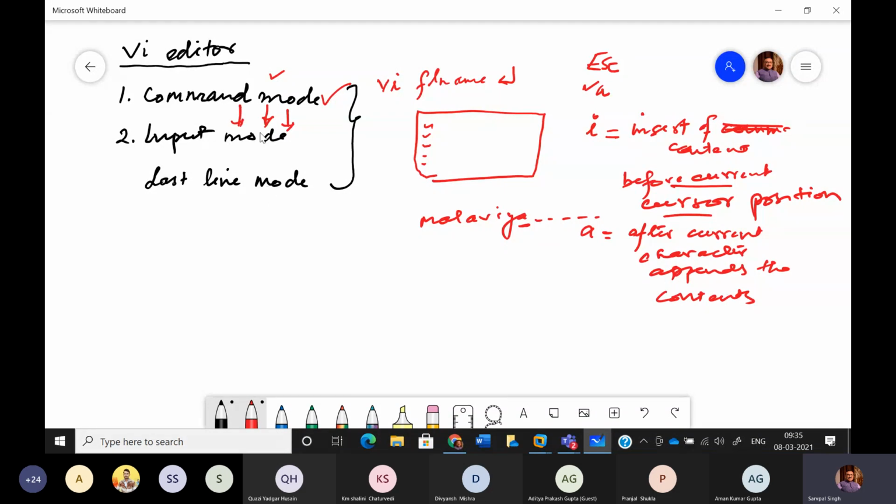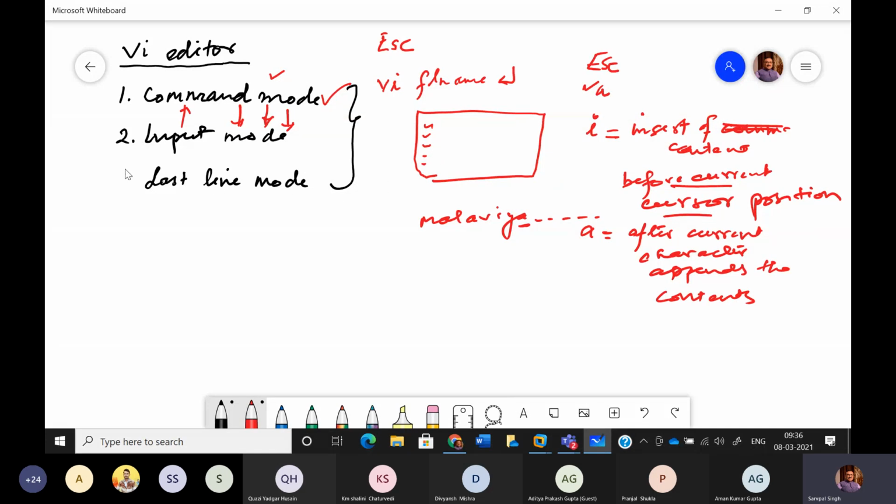आपको कुछ भी टाइप करना है तो आपको कमांड मोड से इनपुट मोड भी आना पड़ेगा. और अगर आपको कोई एडिटिंग करनी है, जैसे आपको कमांड चलानी है, आपको कर्सर मूव करना है, तो आपको क्या करना पड़ेगा? अगेन आपको इनपुट मोड से कमांड मोड में जाना पड़ेगा. और कैसे जाते हैं? You have to press escape. There is no harm if, in order to make sure that you are moving to command mode, you are pressing escape multiple times. It may be possible that I am already in command mode, but just to make sure, there is no harm if I press escape once again. That makes sure that you are indeed in command mode now.